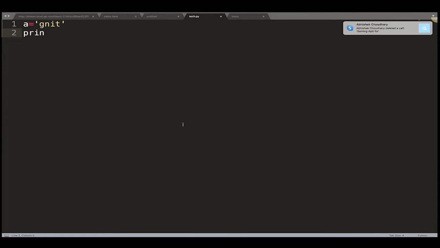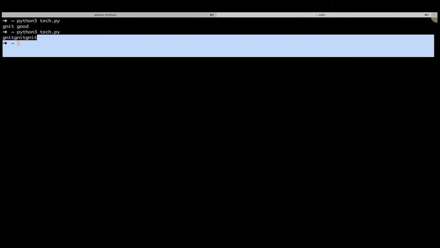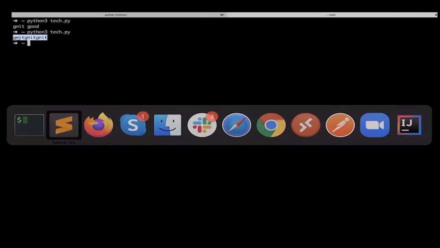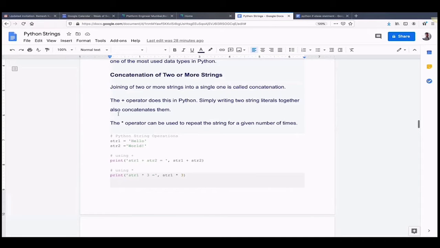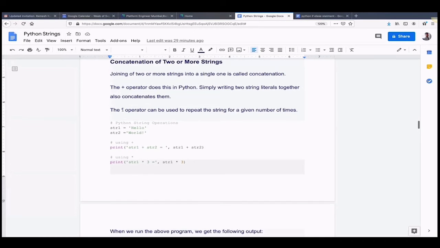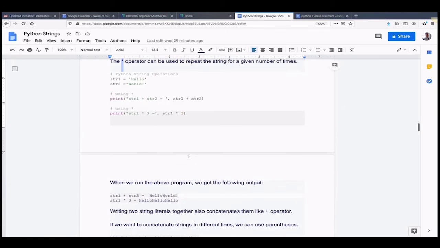So print a into 3, and it will print 3 times. This is the multiplication operator, which will repeat that word.